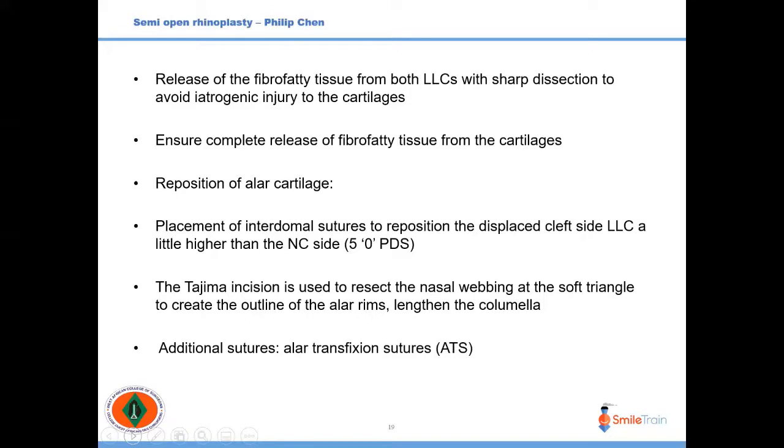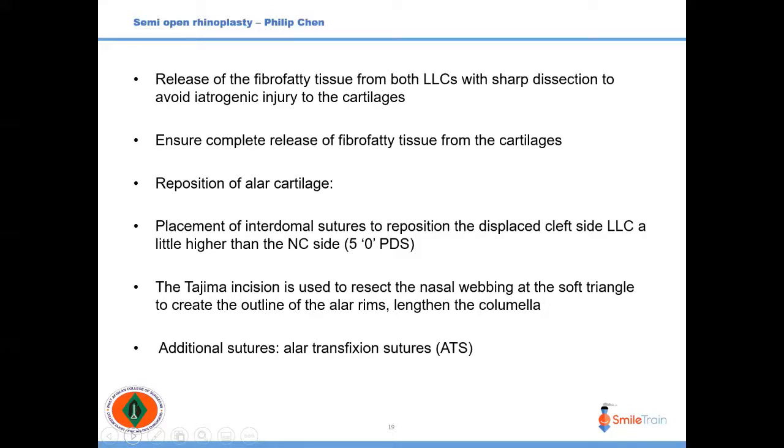Then with the new position, you place 5-0 PDS sutures, which we call the interdomal sutures, to maintain the new position. In this technique, the cleft side alar cartilage is raised a little bit higher than the non-cleft side. Now, the Tajima incision is used to resect any